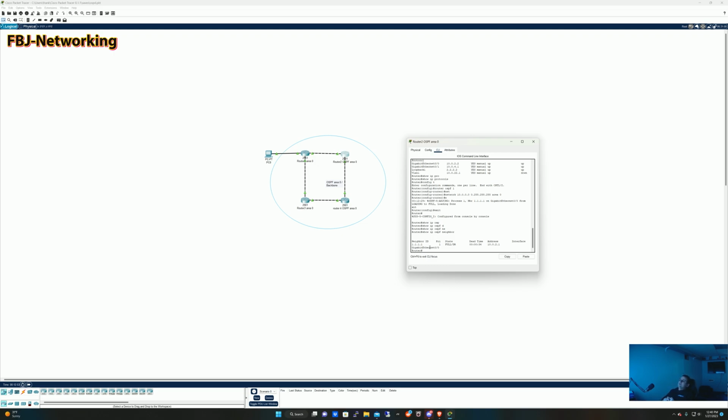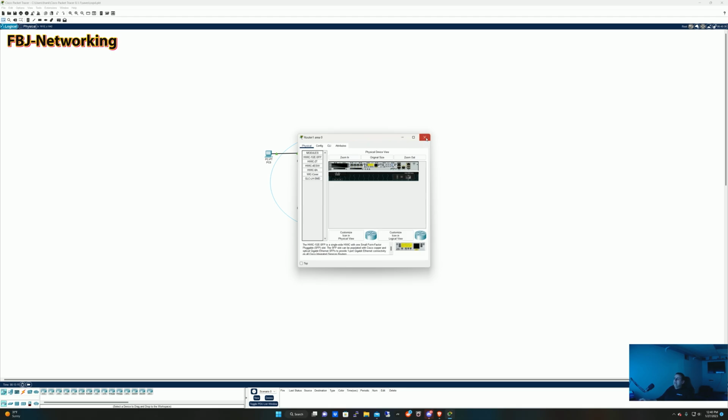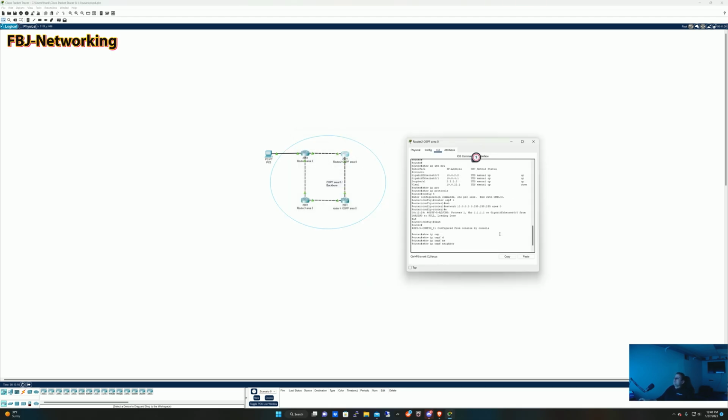Alright, which is kind of interesting here. So why is 1.1.1 the DR? Why would you think that is? Remember we talked about it, we don't even need to go over there. Technically, the priority is the same, and at that point it's looking at the ID. The ID on this one is 2.2.2 because that's what the loopback is. So technically, this should be the